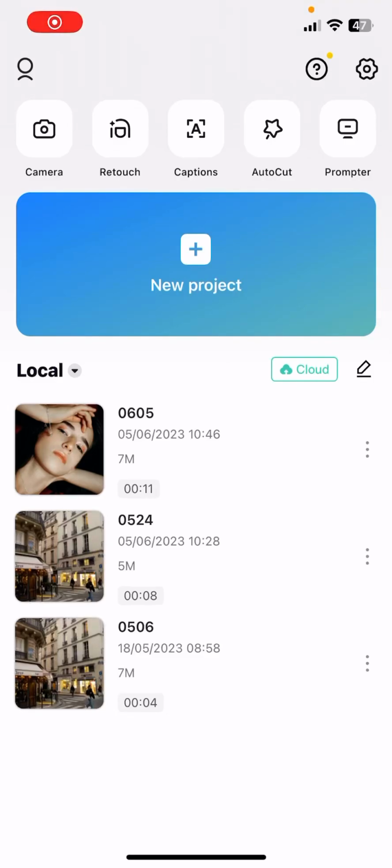Hello guys, in this video I'm going to show you how to stabilize videos in CapCut, but first I wanted